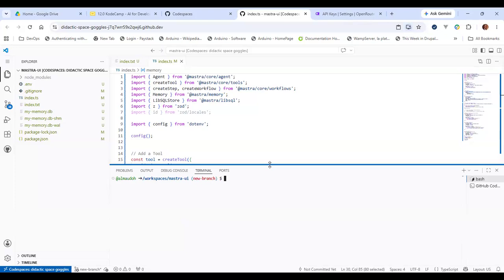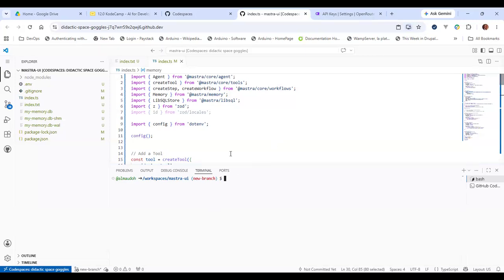So to start, let's try starting Mastra Studio.